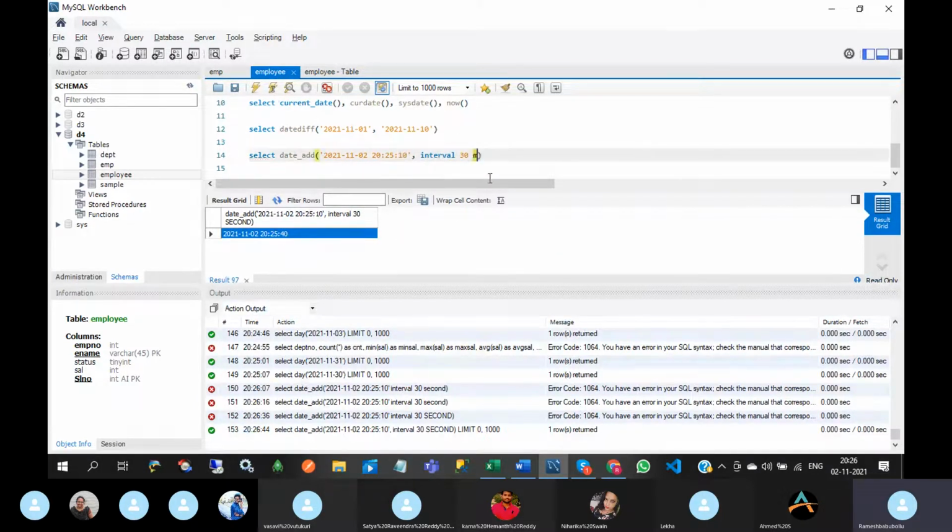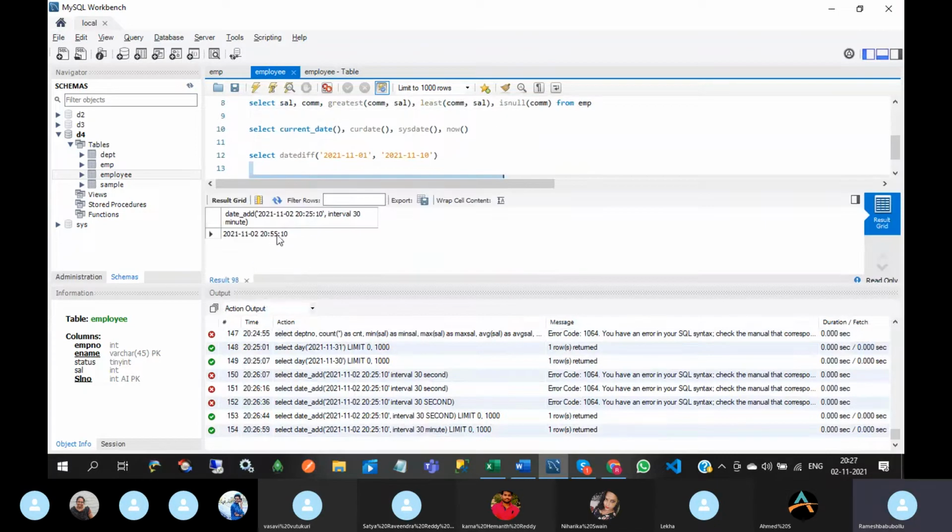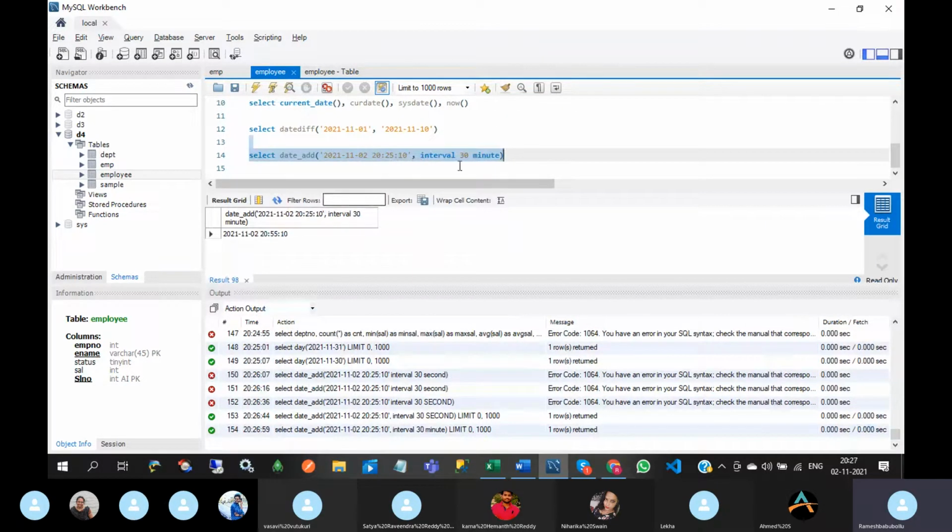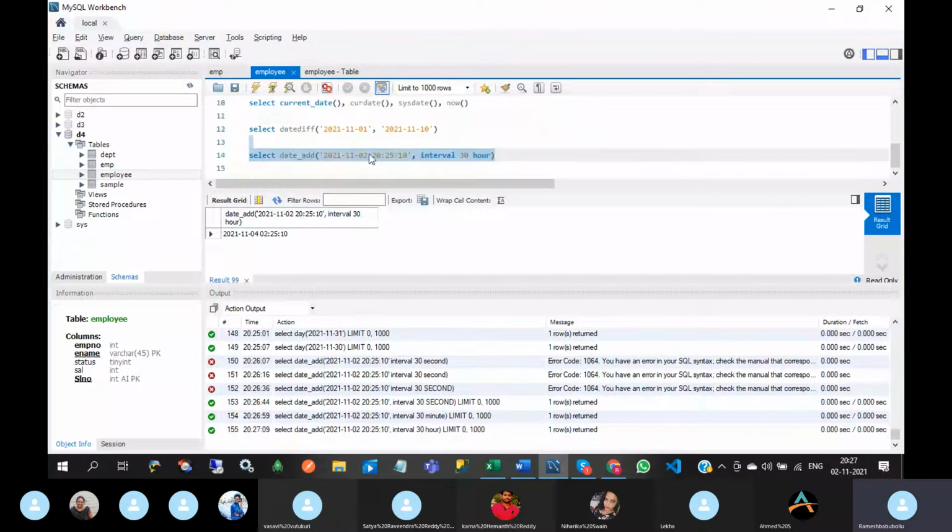Like that you can give minutes. So minute, 25 plus 30. Like that you can give hour. 30 hours means the date will be changed.